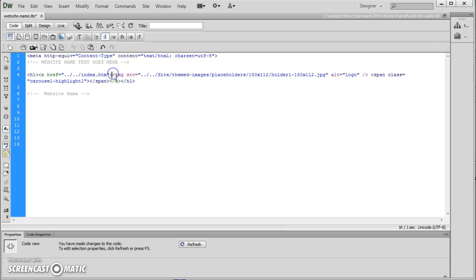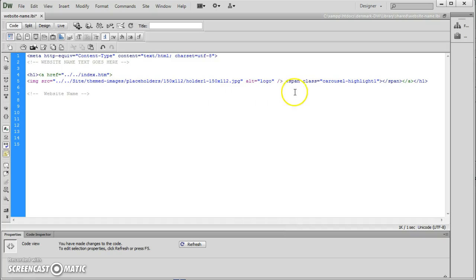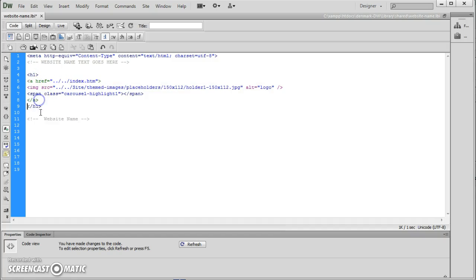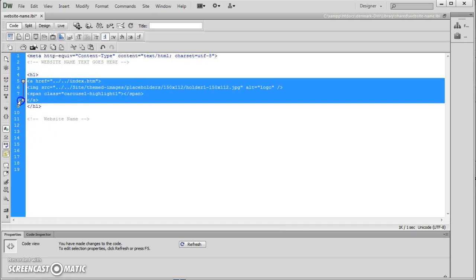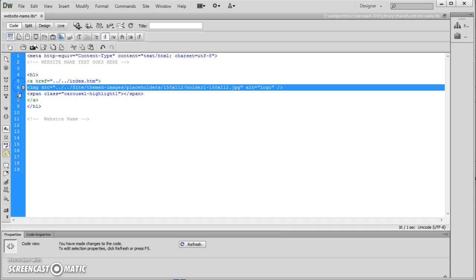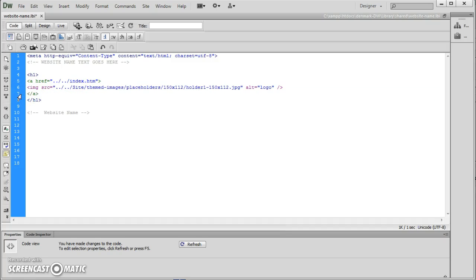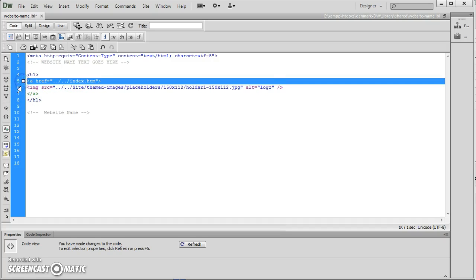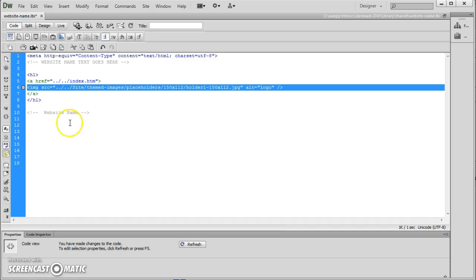Okay, so if we were to break this down into pieces like so, so it's easier to read, right? There's my, like so, everything's wrapped in an A. We have an image and we have a span. You can get rid of the span, right? You can keep the reference and then just have the image like that. So